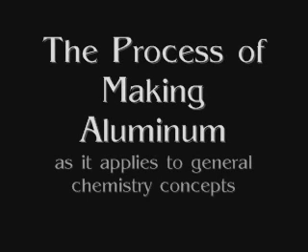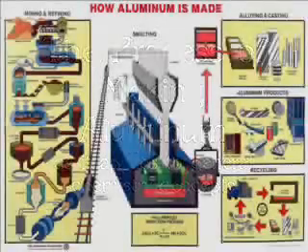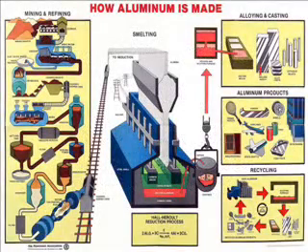So to begin, we're going to be explaining how aluminum is made based on someone with a general chemistry background and using what you would learn in the classroom and applying it to a more real-life situation. To begin, there are two different routes you can take when creating aluminum. Primary aluminum production comes from ore, and recycling aluminum from scrap and used aluminum products is the other